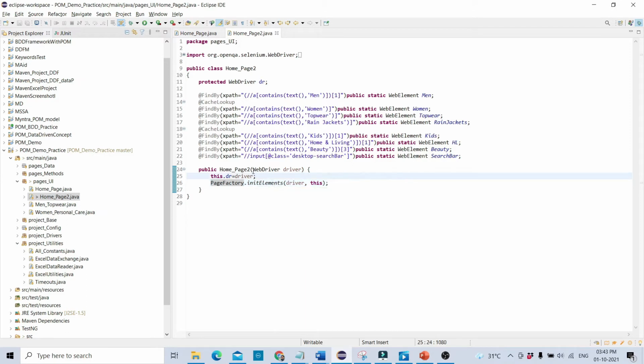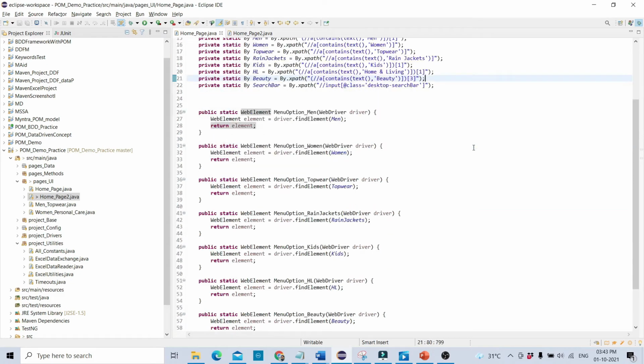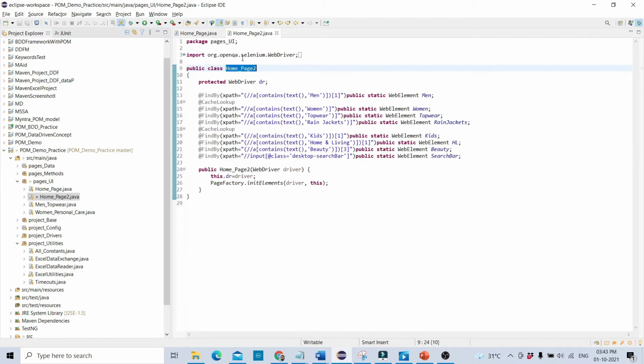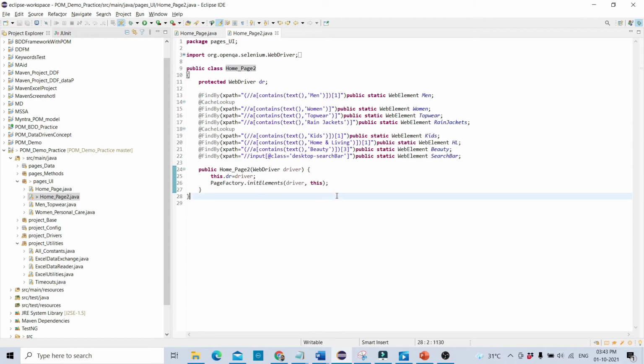So whenever we create an object of this class, automatically this particular constructor will be called and all the web elements will be initialized at the same time in this particular code. So this is very simple, and this is a very effective and efficient way of coding. Instead of using the old method which contains 65 lines of code, I will be using a new way of coding by using page factory, which helped me to reduce the lines of code, you can see.